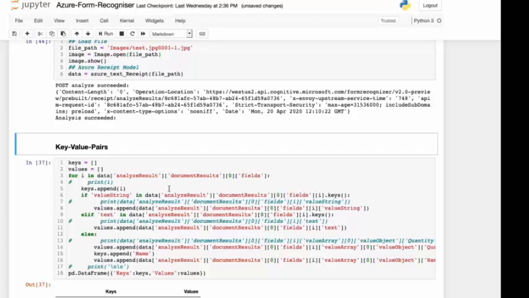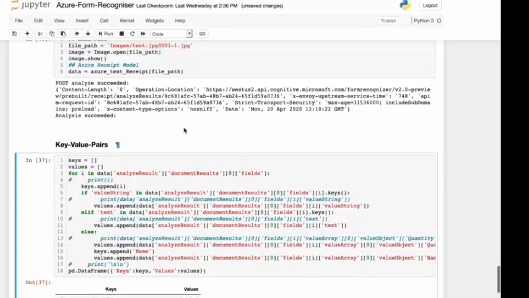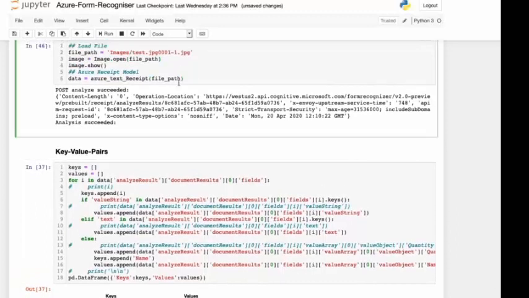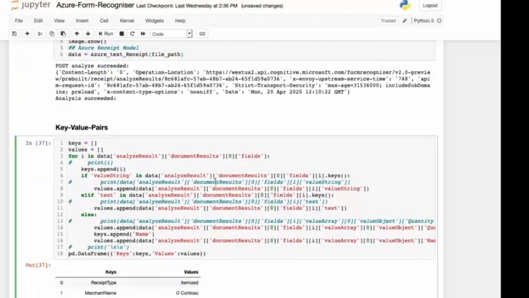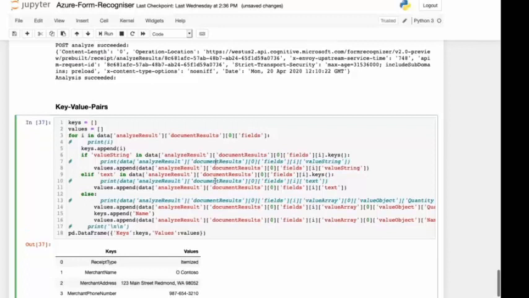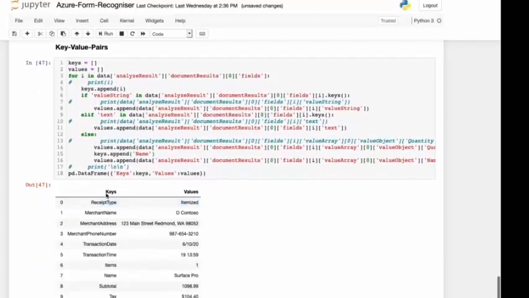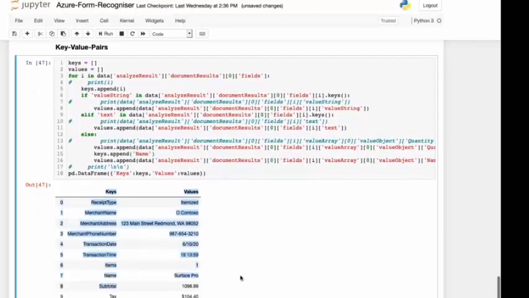Now you can see I have written some code for key value pairs. Once we get the text from the Azure Form Recognizer service, we will present those texts in a format which is pleasant for our eyes, or basically in some arranged manner. Okay. So now I'll run this cell. Here you can see our values are arranged in key value pairs.